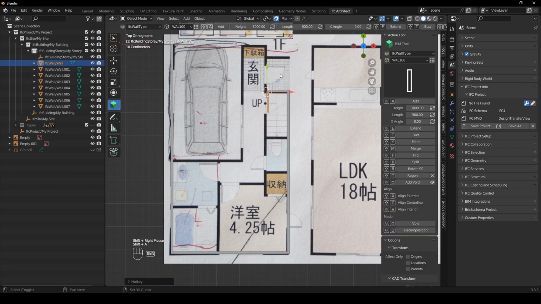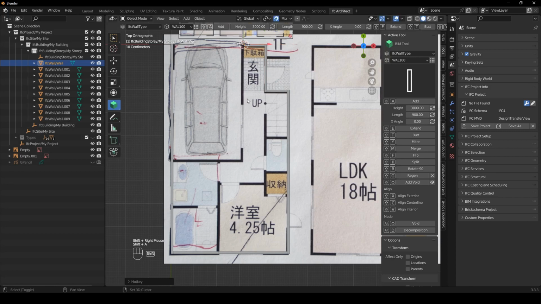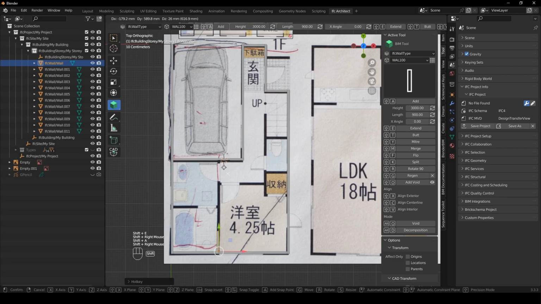And then from here we say Shift A, Shift R, R, and then we can just snap it to that edge, Shift E. Say Shift A, we can say Shift A R R, extend it to there and say Shift F to line it up. Shift A R R and extend it to there. Shift A E, Shift A, Shift F, Shift E,